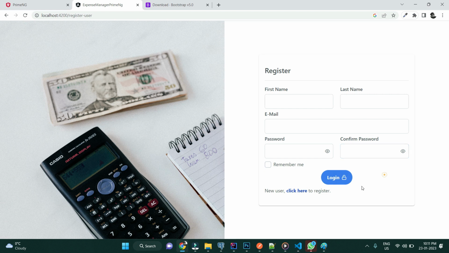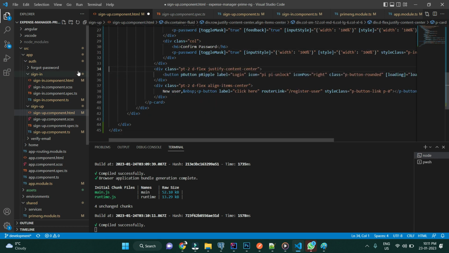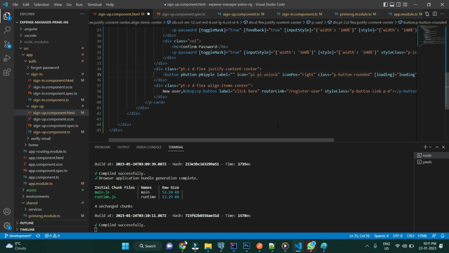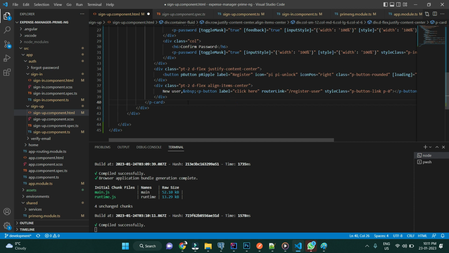So we'll get rid of the rest of the fields and update this input box as well. We don't need this remember me button, by the way. And instead of this, we're going to have the label as register or sign up. Good. I think this should be okay. I'll give register. Okay, and it's going to be happening the same way. And instead of here giving new user,